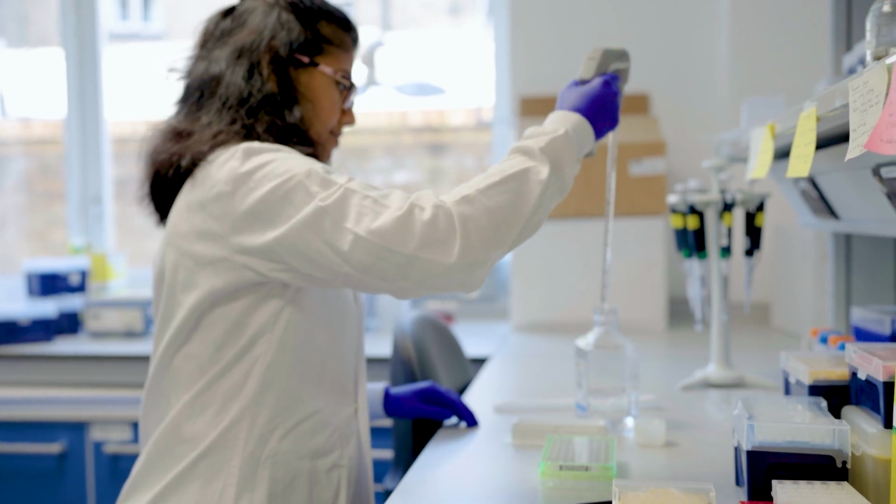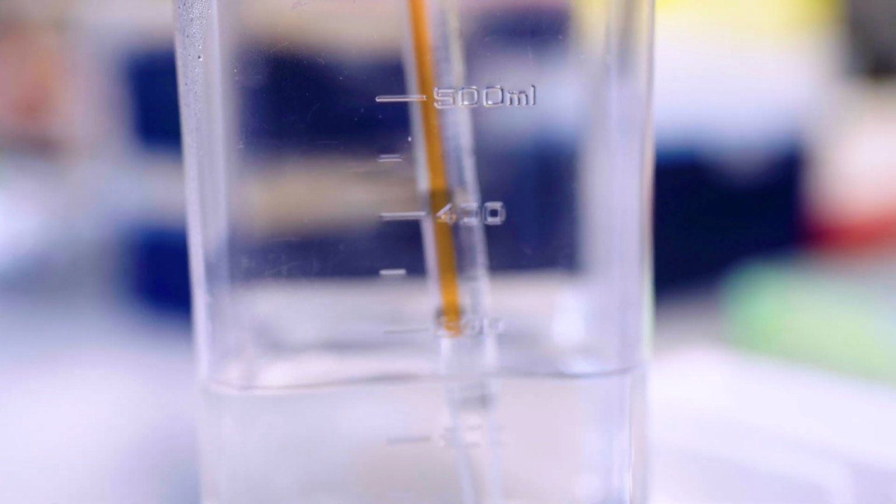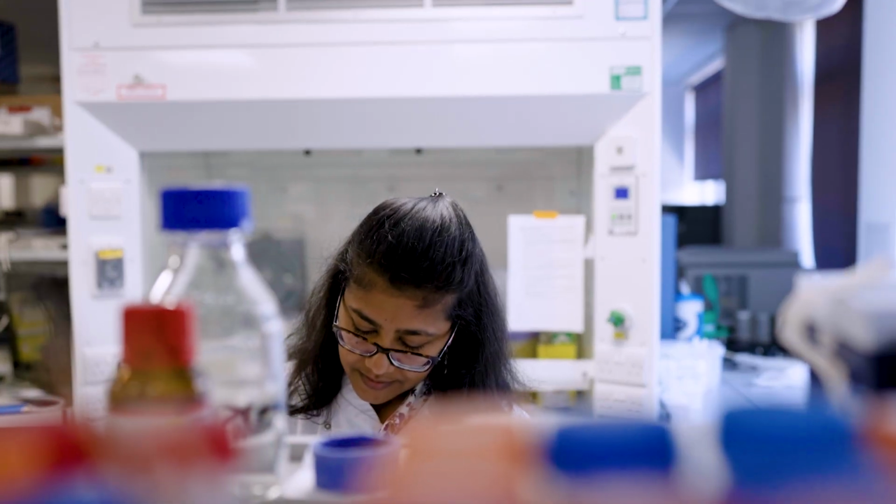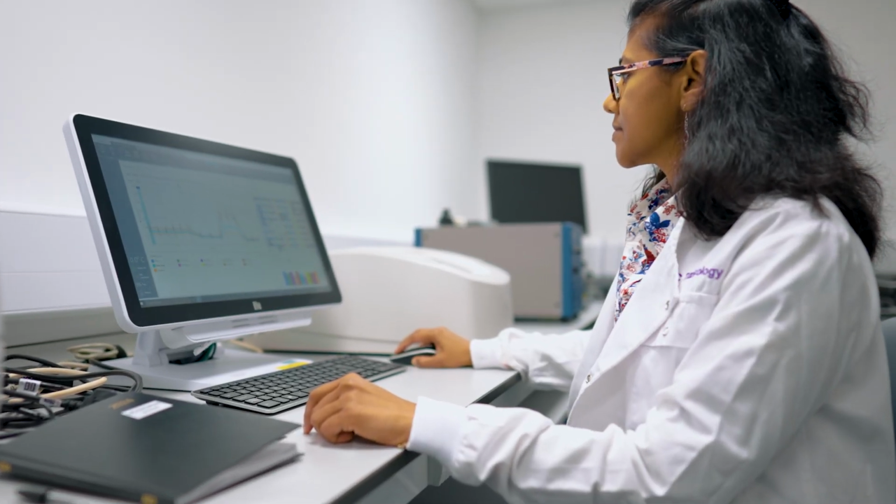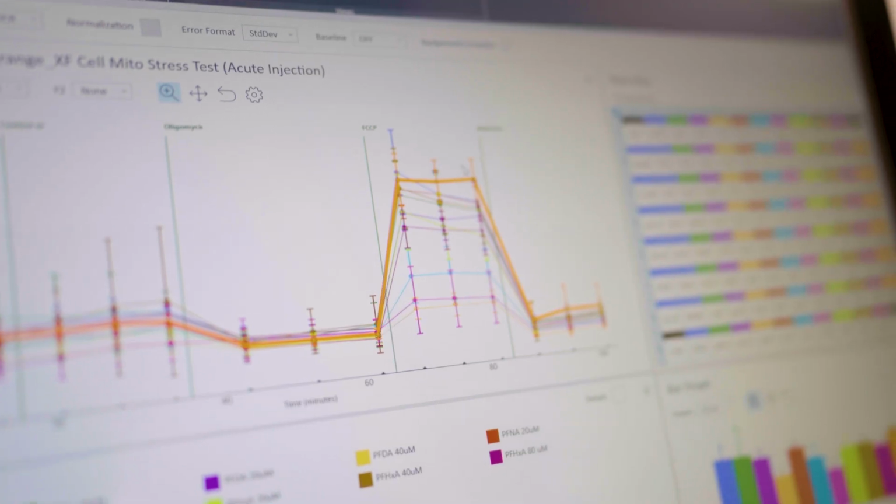So we generate a large amount of data, which is an excellent platform to train computers to understand this data and pick up the patterns that we as human beings may not be able to pick up because they are too complex. Since we can't possibly look at these compounds individually by doing different experiments, the data that we generate in the lab is going to be able to inform what machine learning or AI could do to understand how these compounds could be interacting with different proteins within the cell.